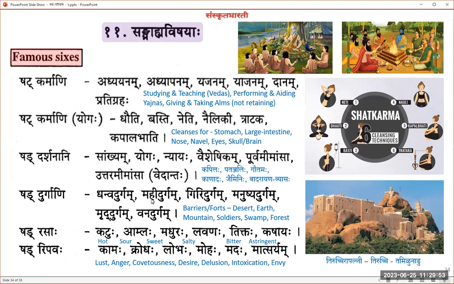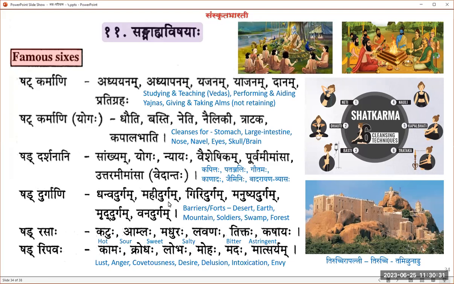You cannot say it's entirely true, because this is more for ancient times with the ancient instruments of war that they had. This works, but today we have to use similar things, of course. For example, a Durgam has to be an internet protective gateway rather than a Dhanva Durgam. So Dhanva Durgam is a fortification or barrier of instruments of war, Dhanu being the bow and arrow, that kind of thing.